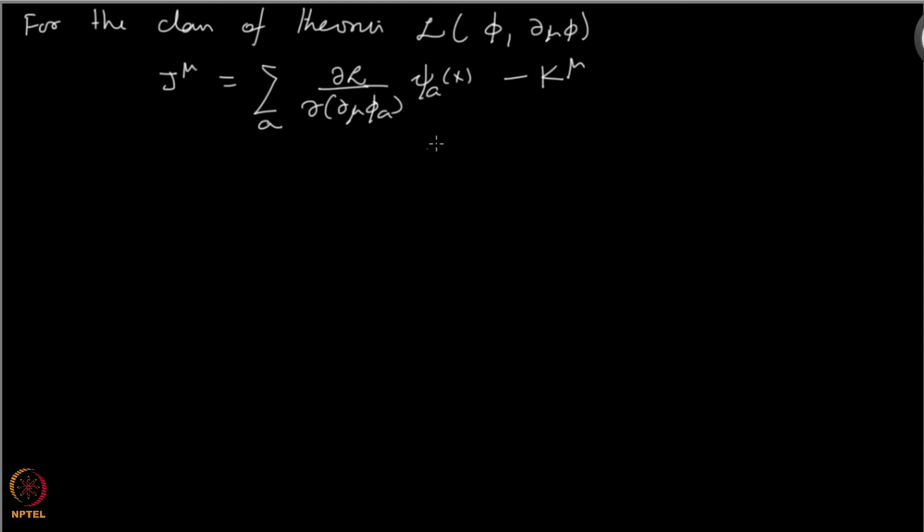And so let me write down psi a, which I have written down already, and K mu is the following. So you can see that psi I wrote down, K mu is minus omega bar mu nu x nu